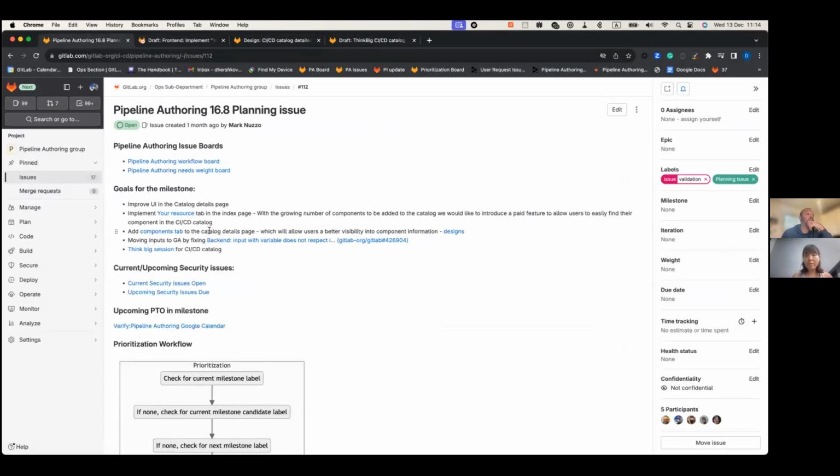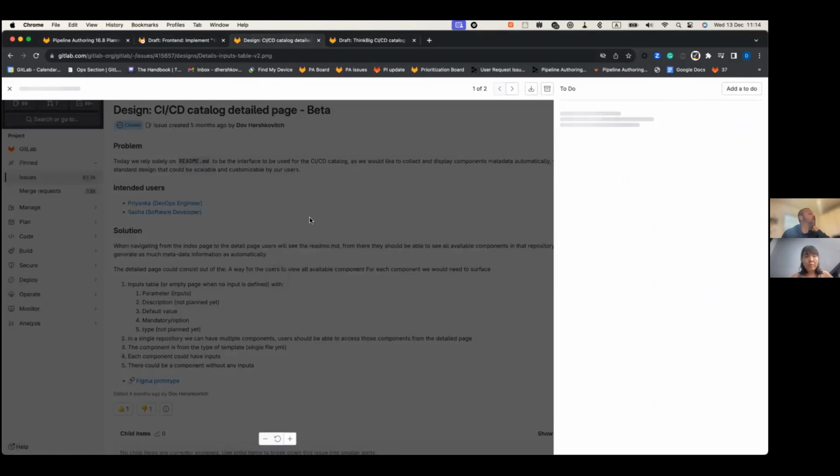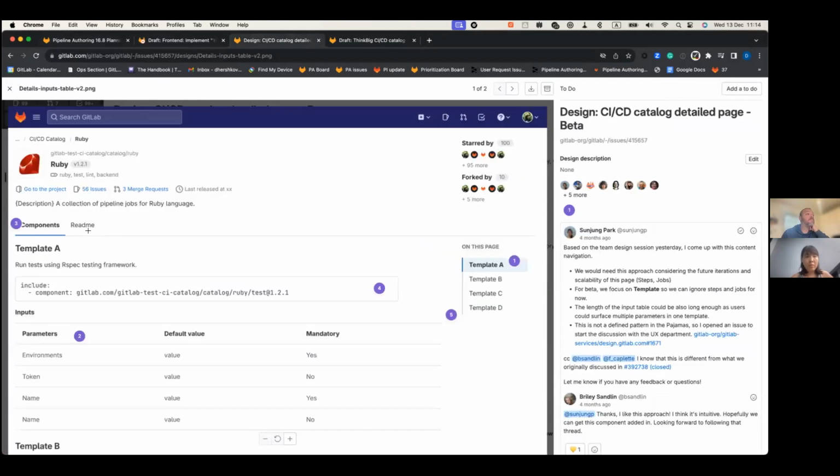Next thing is to add a component tab to the detail page. This will allow the user better visibility to the component information. And you can see the designs here. Basically, we are going to add this component tab, and this component tab will include a deep link to the components that are nested